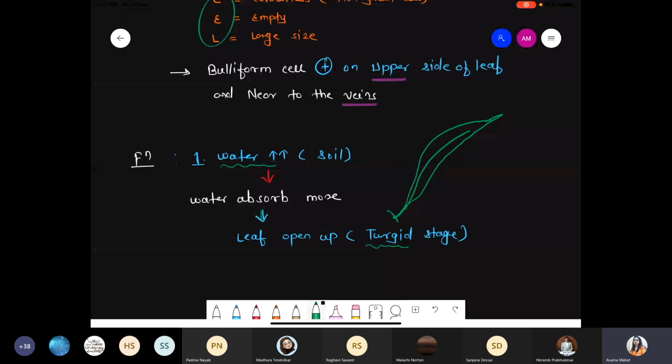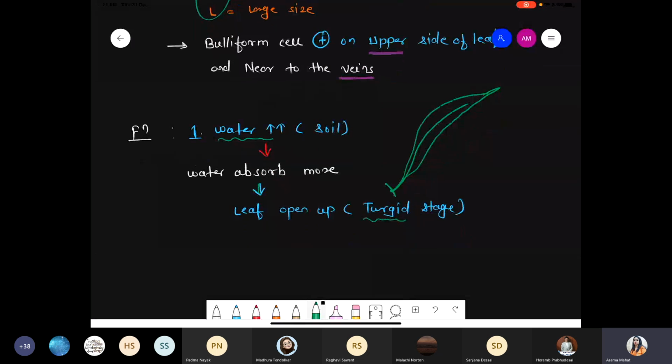They're exactly straight, no curling, no bending, exactly straight. The leaf looks very fresh because water is high, that's why the leaf opens up, as they maintain the turgid state. Such a condition is simply called unrolling. So if water is present in high amount, the plant absorbs more water, and they maintain turgidity and their proper shape,